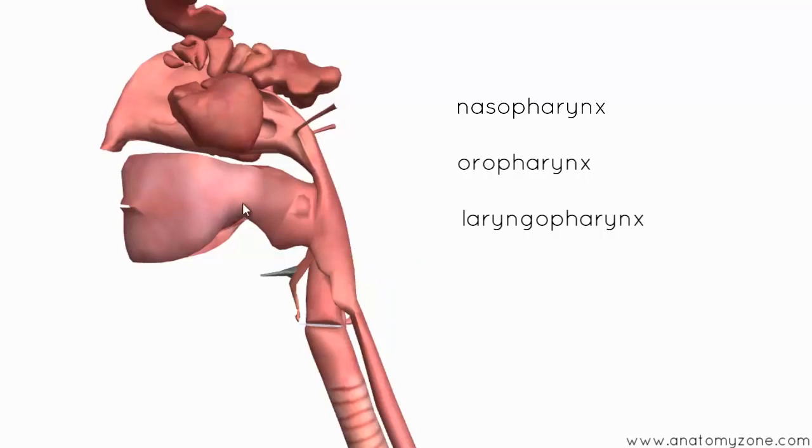So food passes out of the oral cavity into the oropharynx, and then you've got various constrictor muscles, which contract and propel the bolus of food from the oral cavity through the oropharynx and into the laryngopharynx, and then it passes down into the esophagus below. So during swallowing, the soft palate actually swings up and closes off the nasopharynx,